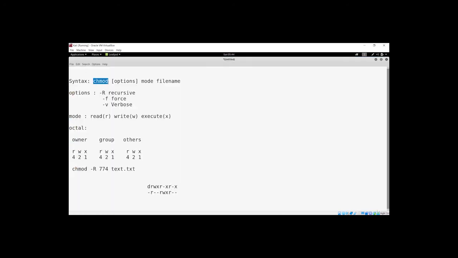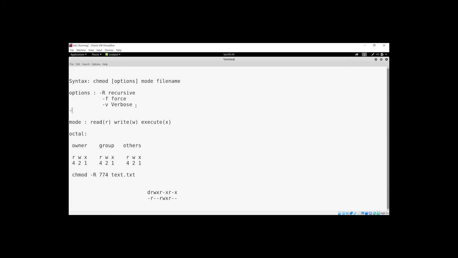We have the chmod command, which is going to change the privilege. It will make changes to the file permission. The next part is the option. The options here are recursive, force or verbose. We have an option which will suppress most error messages, which is done forcefully. We have other options like -c, which is for changes. It can also be version or anything else.